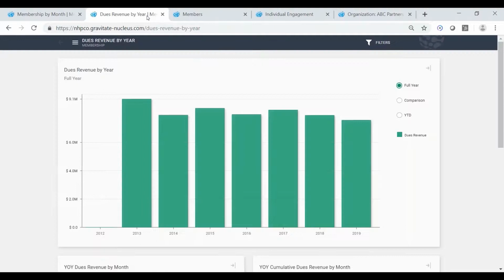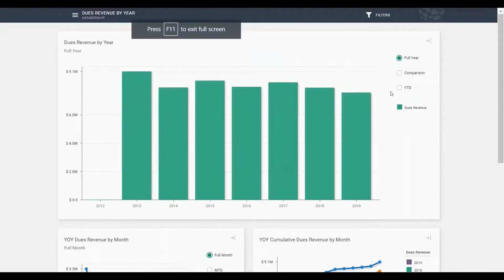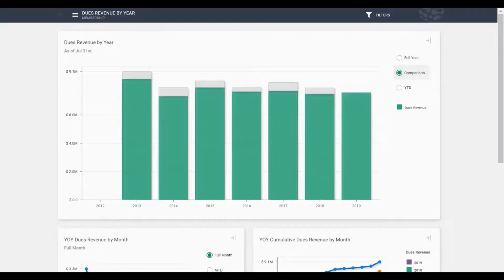The next thing that I do want to show you too is I'm going to hop into another site here and show you another visualization around dues revenue. What this allows me to do is see a year-over-year comparison of the total amount of revenue that's coming in. But it also allows me to do things like, so now I'm looking at the full year, but if I want to do a comparison,